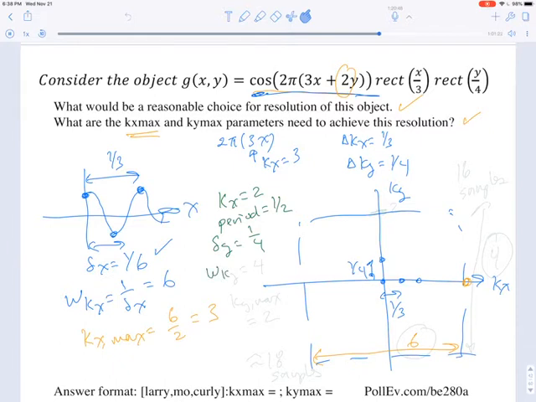So wky is equal to 4, and therefore ky max equals 2. Okay? So now we've said that this width is 4, and the farthest I go out is 2. Okay? So that's basically the design that you have to do in all of medical imaging, but in particular